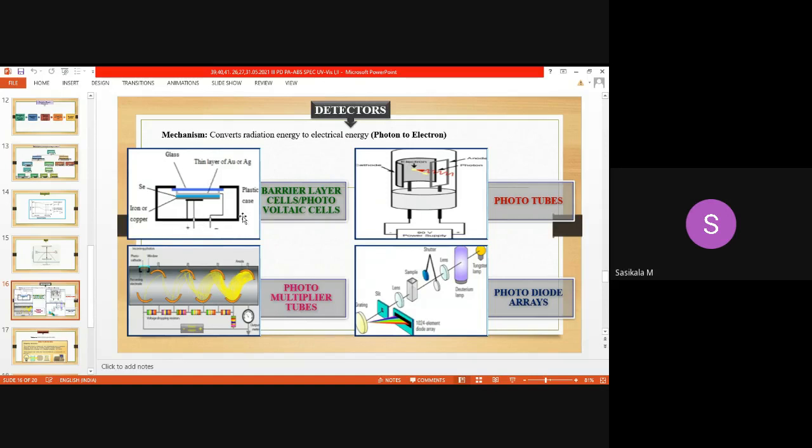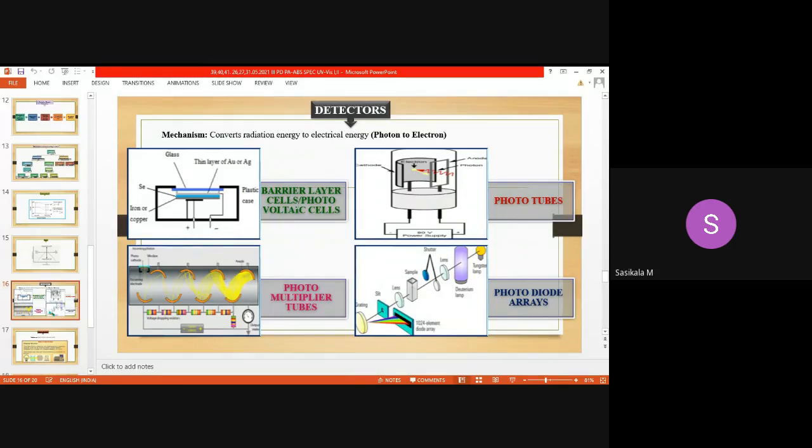Each detector will have electrodes, a cathode and an anode. The negative electrode is the cathode, and the positive electrode is the anode. All types of detectors have anodes and cathodes, but their arrangements, their ability to detect radiation, and the materials used vary based on the cost of the instrument. In low cost instruments, you find low cost detectors made of very cheap materials. In highly sophisticated or expensive instruments, the detectors are made with high quality material, and the detection sensitivity is increased. So based on that, it is divided into 4 types.